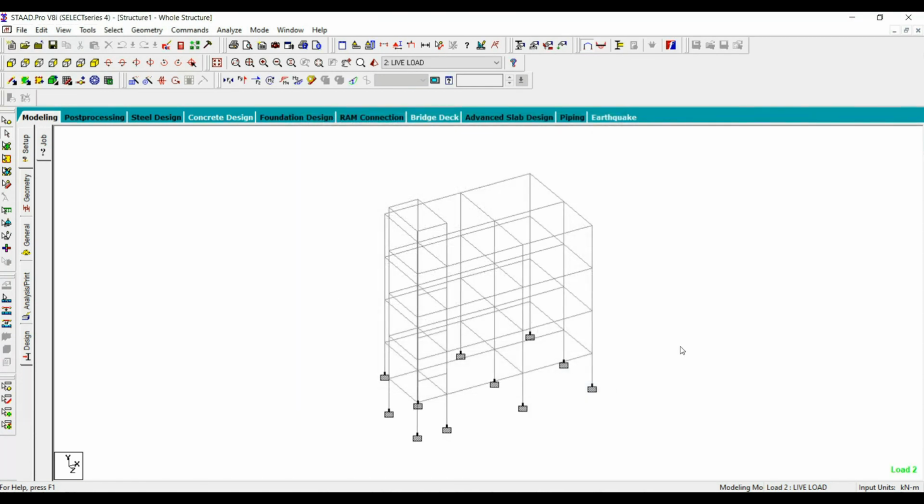So that's all, friends. There is no need to follow the same procedure. Like today we have assigned the floor load by creating groups. That is one of the methods. Whichever is familiar and easier to you, you can follow that. One more method is you can give the loads according to the Y range. You have to enter the Y range height properly. And if you want to avoid the staircase portion and all, you need to give the X range and Z range. To avoid that only, I have created the groups.